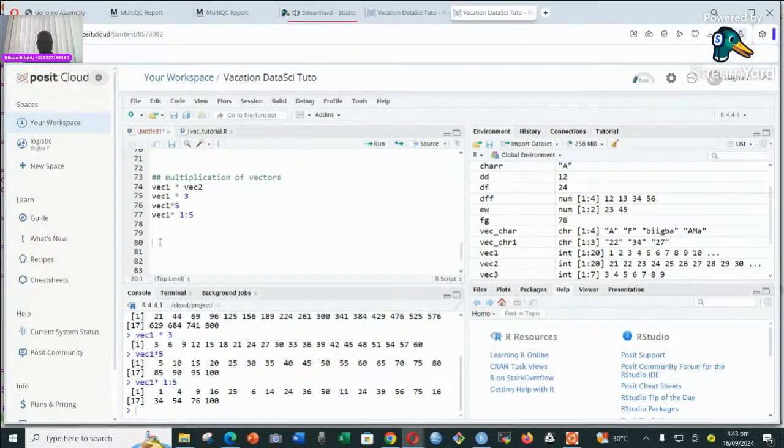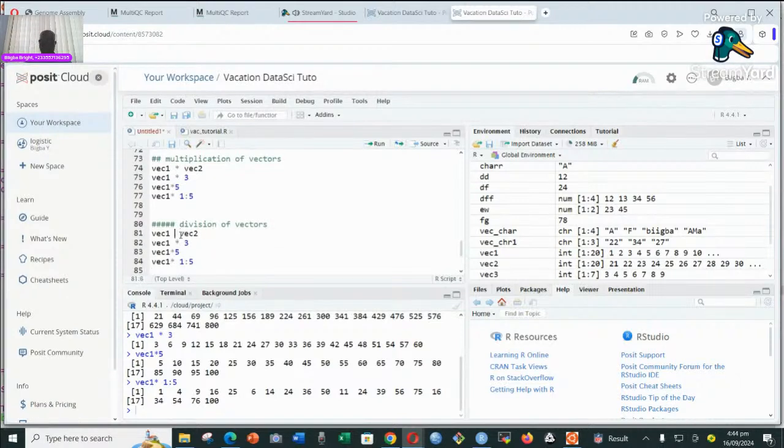I think my internet is failing me. So I'm going to have division of vectors. If I come here and paste it, everything